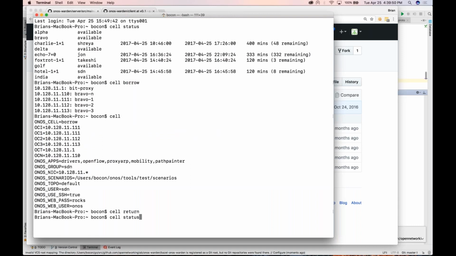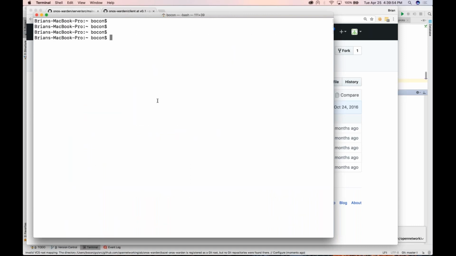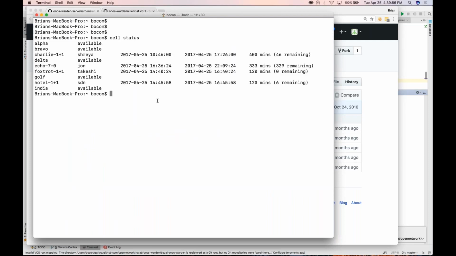What I should have done is shown you the status bit before, but let's start. Cell status will show us there's 1, 2, 3, 4, 5 available cells. If I cell borrow,